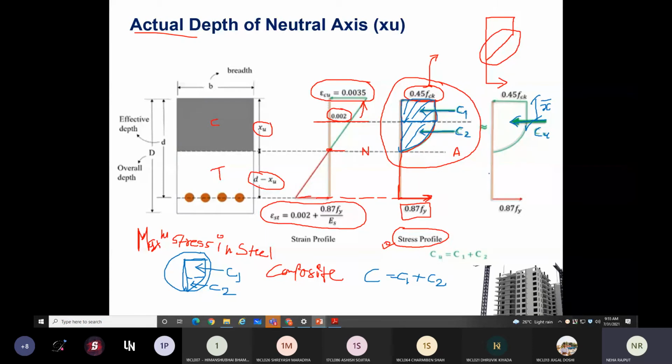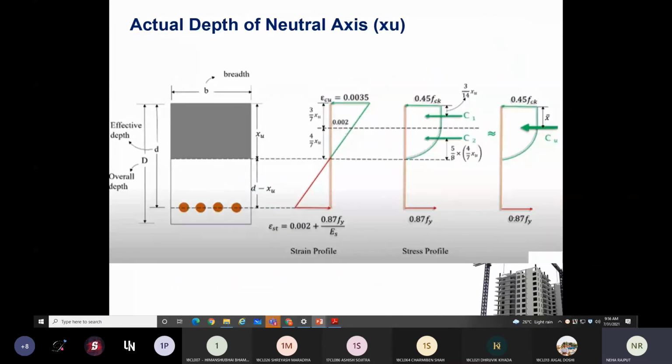Right, so now we will calculate that: how to find this C1 force, how to find this C2 force, how to find this total C, and what will be the CG value of this. Remember, up till now we are considering the stress profile only, meaning this is also stress right now, and this is your force value, compressive force value, right? Now how to convert this stress into force, that we will see in this next slide. Come, now